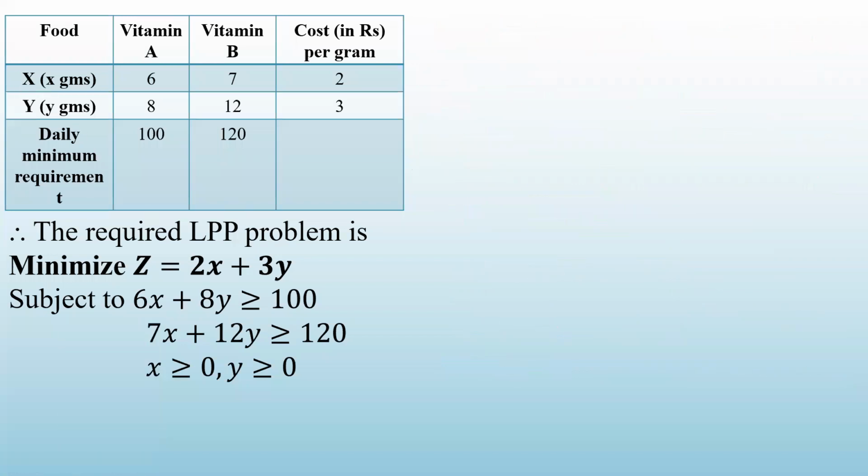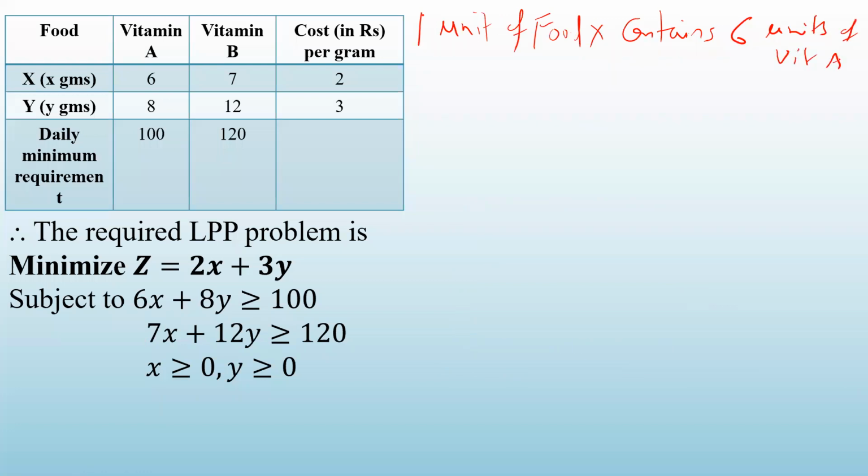So 1 unit of food X contains how many vitamin A? Look at here. 1 unit of food X contains 6 units of vitamin A. Therefore, how many units of food X is he taking? X units. So, X units of food X will contain 6 times X, 6X units of vitamin A. Similarly, 1 unit of food Y